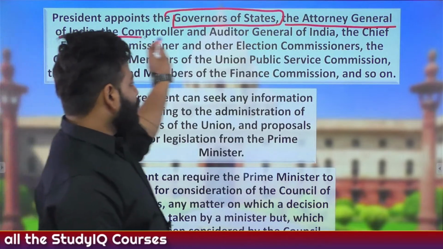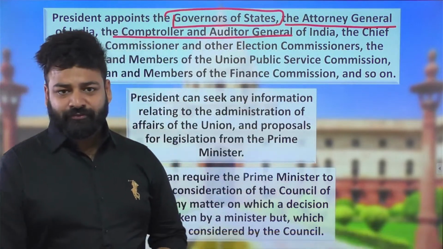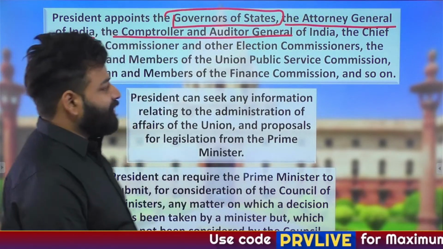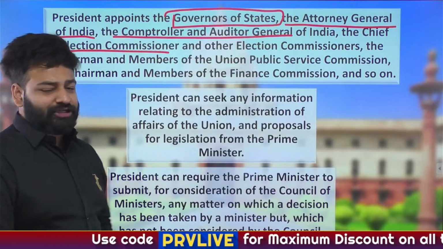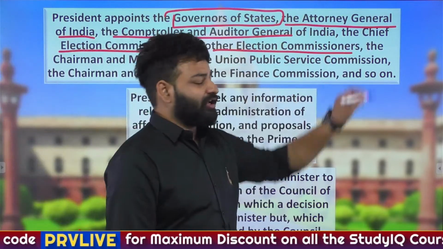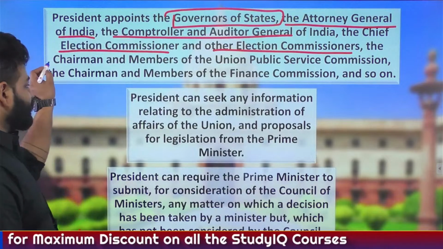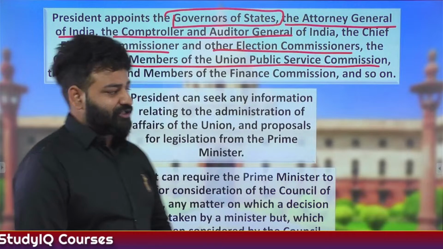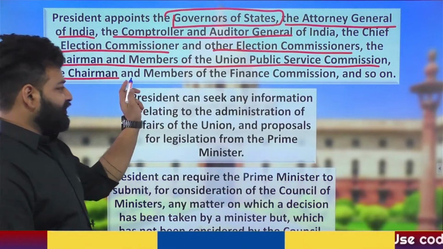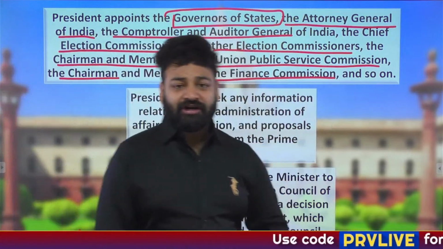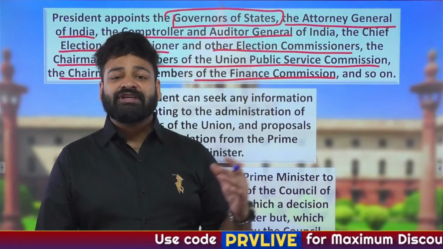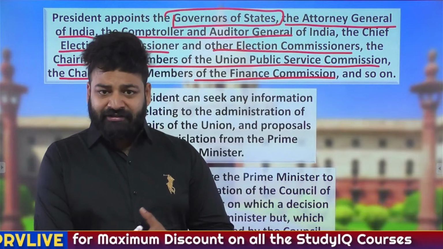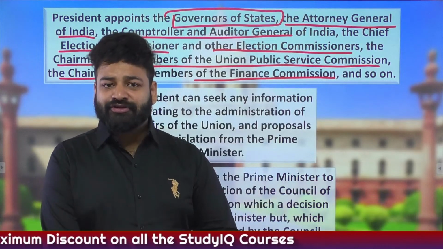Then we have got the Comptroller and Auditor General of India. We call him the guardian of the public purse. Then we have got the Chief Election Commissioner along with the other election commissioners. Then we have got the chairperson and members of the UPSC, that is the Union Public Service Commission. Then we have got the chairperson and members of the Finance Commission under Article 280. So these are all the bigger constitutional authorities in the different layers or strata of our polity,